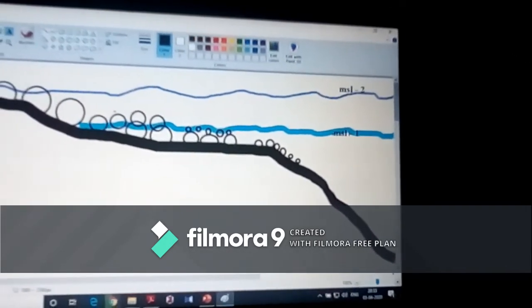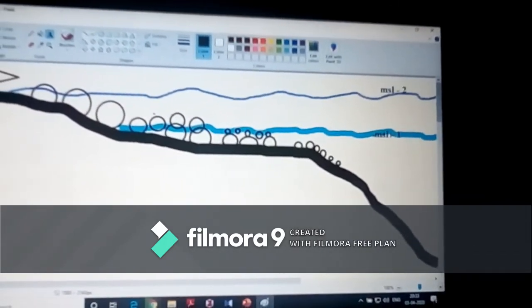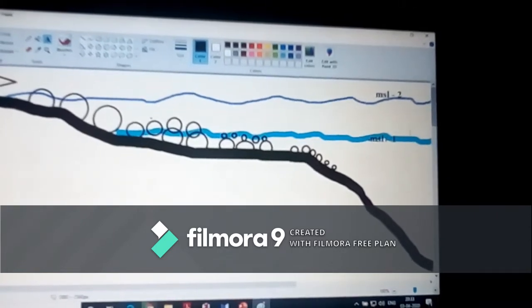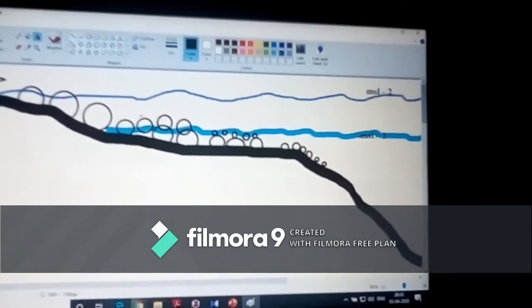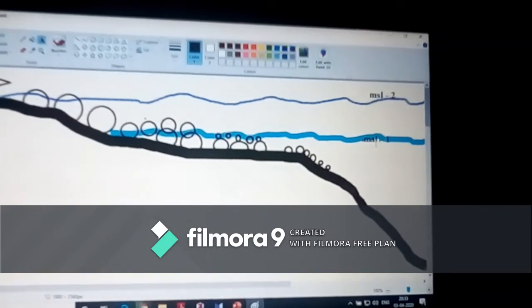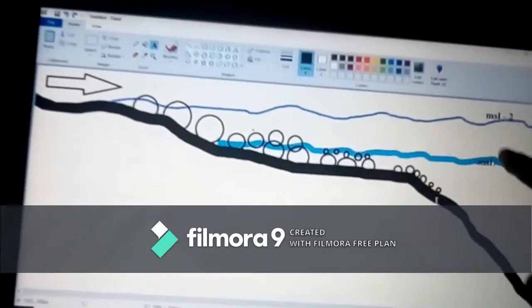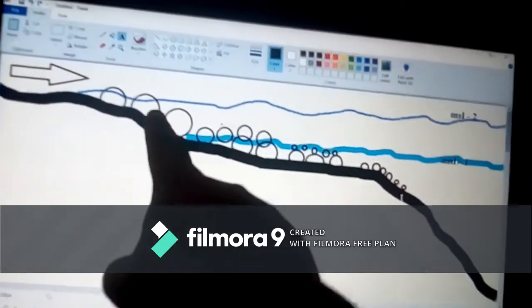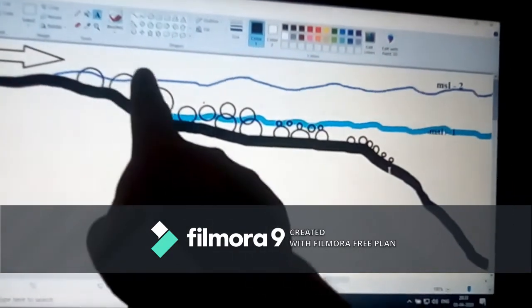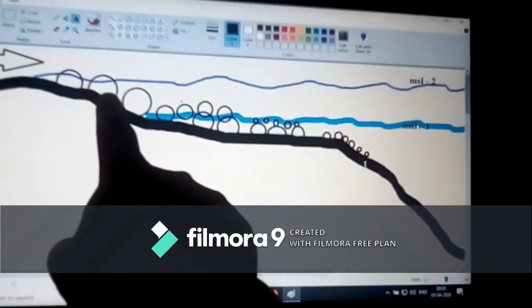Now these are the gravels during MSL1, these are the sands during MSL1, these are the silt and clay particles during MSL1. Now when sea level rises due to some reasons, my deposition starts from here, so gravels are deposited first,